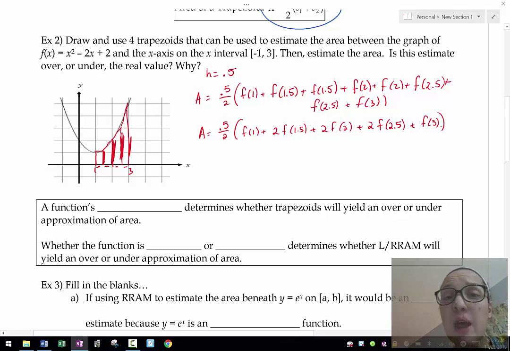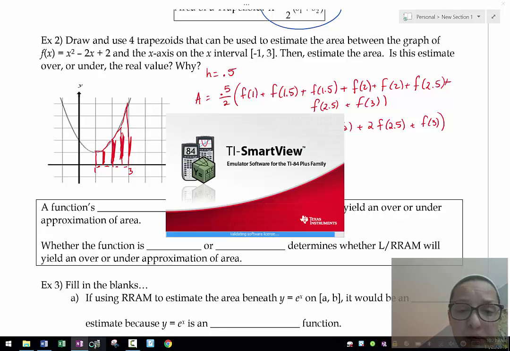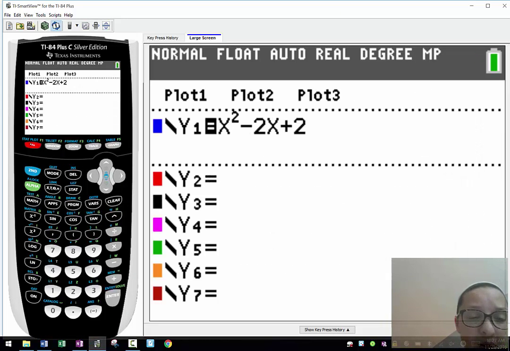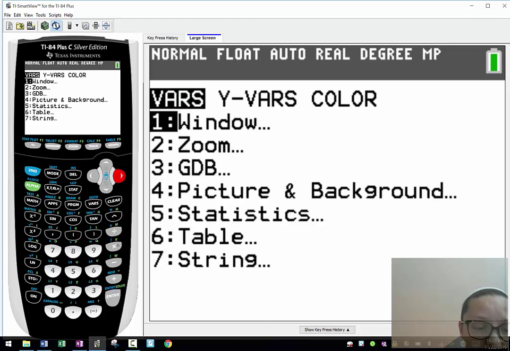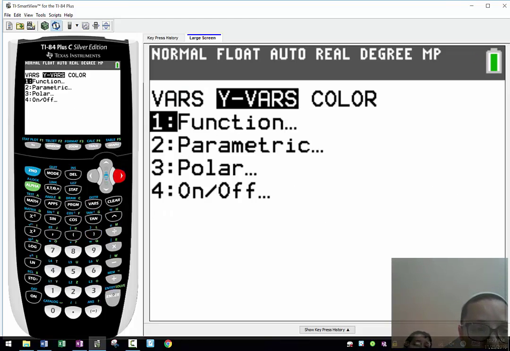And now we're going to use that, and we're going to grab the calculator and let the calculator do some mathing for us. And let's see what happens here. So we have, let's see, what's my y equals? Oh, look, it's the function I already needed. Fantastic. So I need 0.5 over 2 times y1 of 1 plus 2 y1